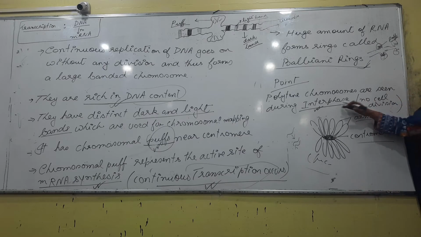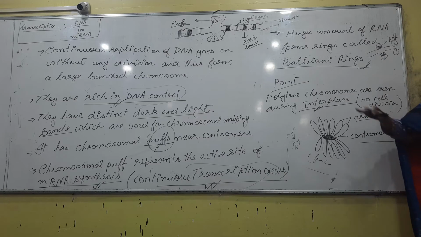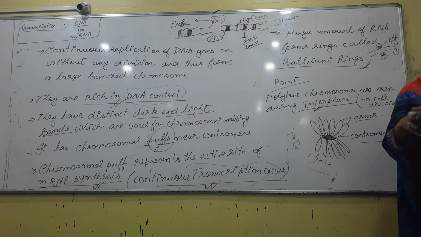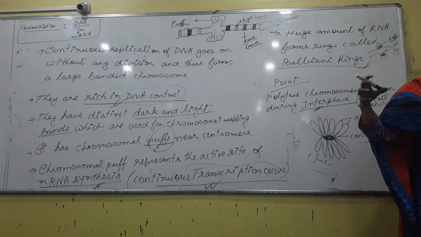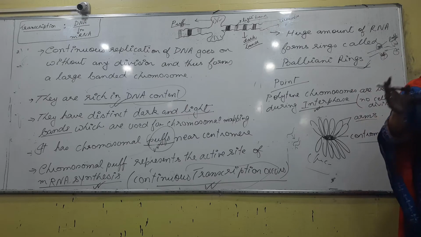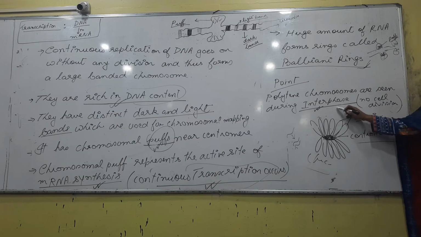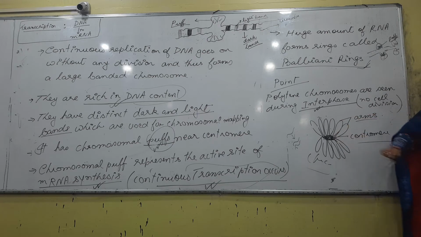So what is interphase? The preparation phase for cell division. When will we see a chromosome? Interphase we will read in the next chapter. When a cell divides, we have something called the cell cycle. I think I have already said, one cell divides to form two cells. This entire process is called the cell cycle. The cell cycle is divided into two phases. One is called the interphase, the other is called the dividing phase. What happens in the dividing phase? The nucleus divides, the cytoplasm divides. What happens in the interphase? It prepares itself to divide, right? So during this preparation time, you will see the special chromosome. Right?